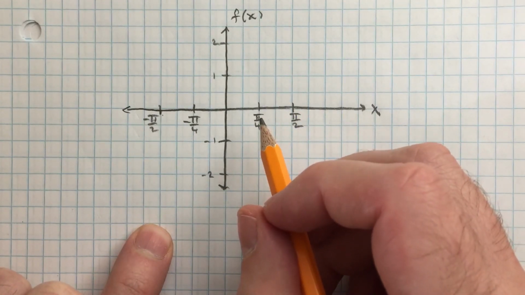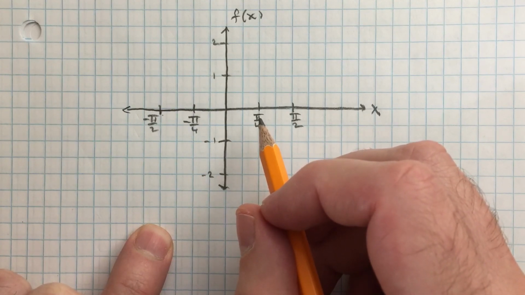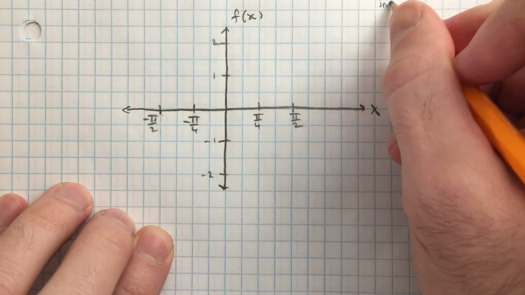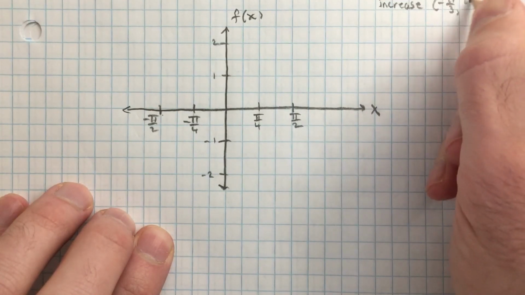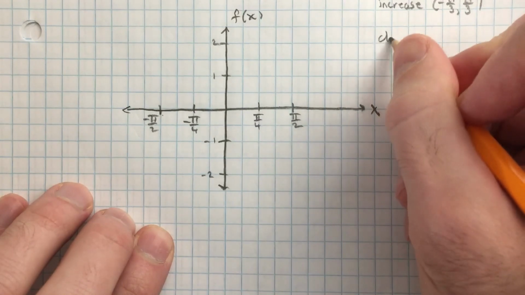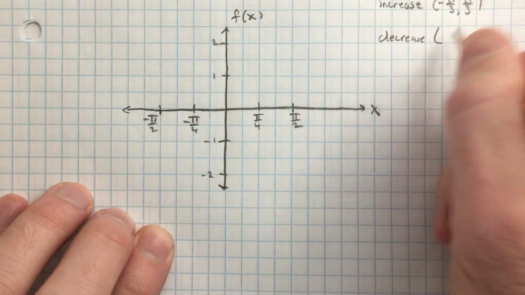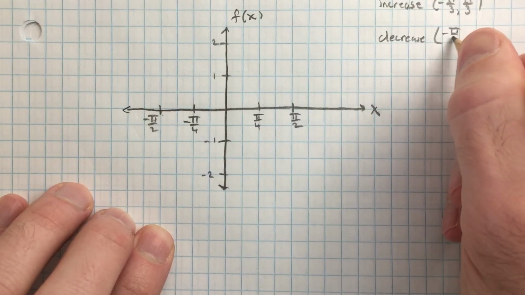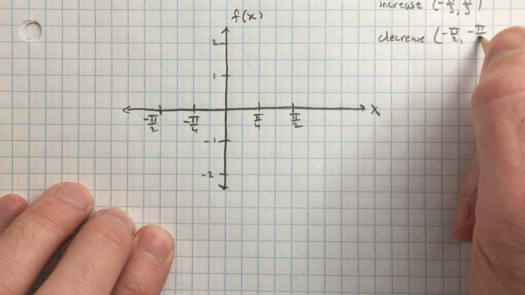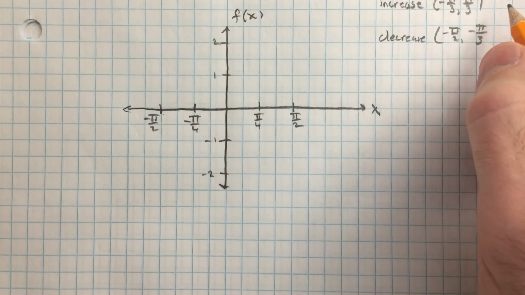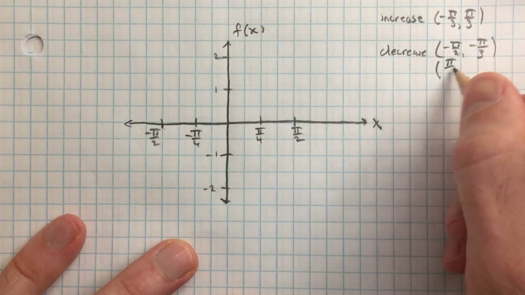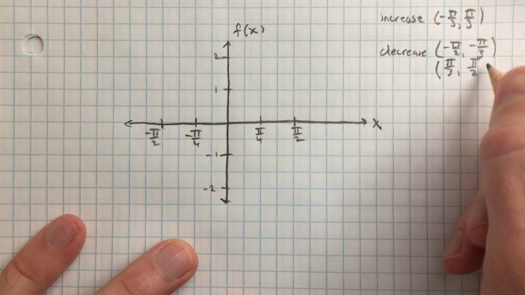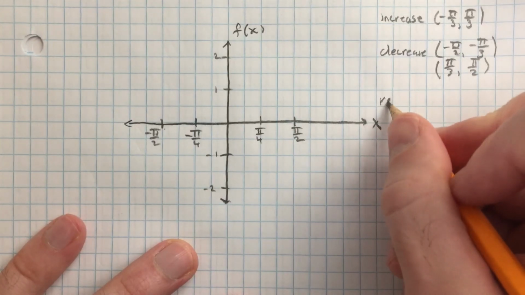So the important information we had from the first derivative was that the function was increasing. We said it was increasing on negative pi on 3 to pi on 3. It was decreasing from negative pi on 2 to negative pi on 3, and pi on 3 to pi on 2, which was also giving us some relative extrema